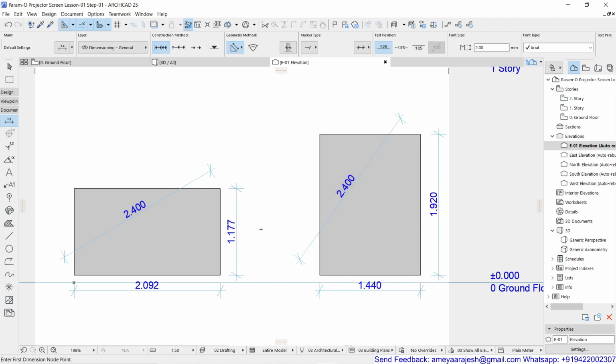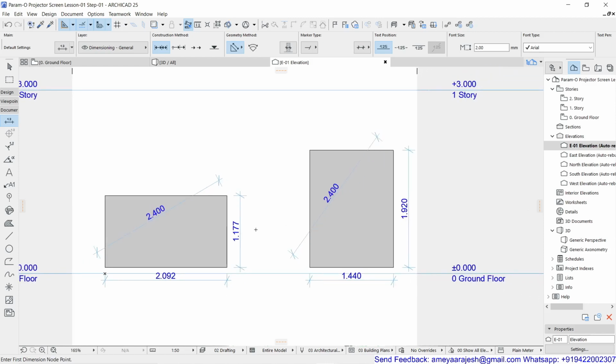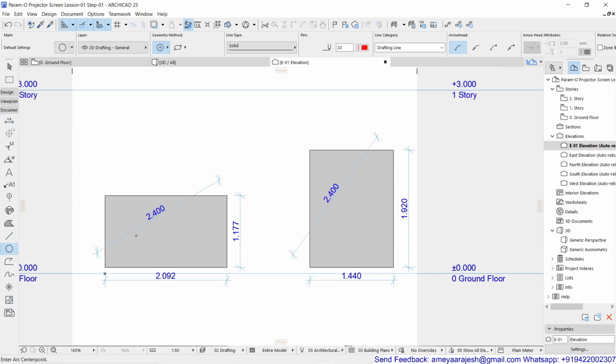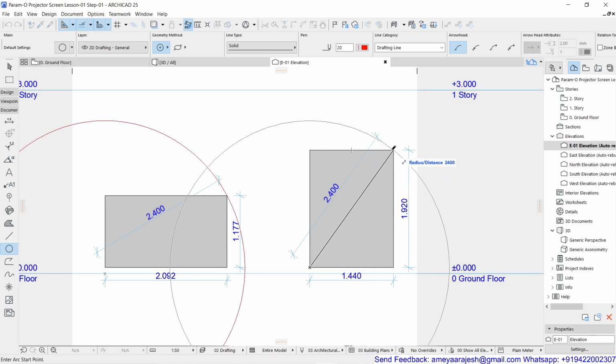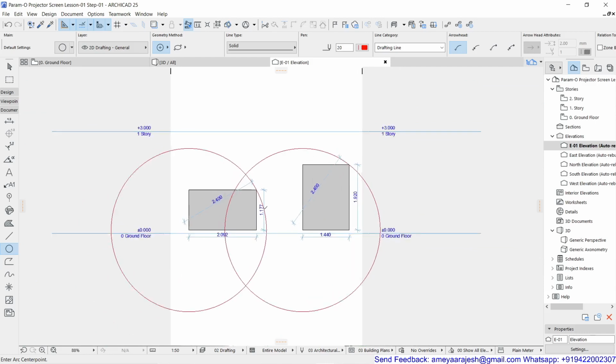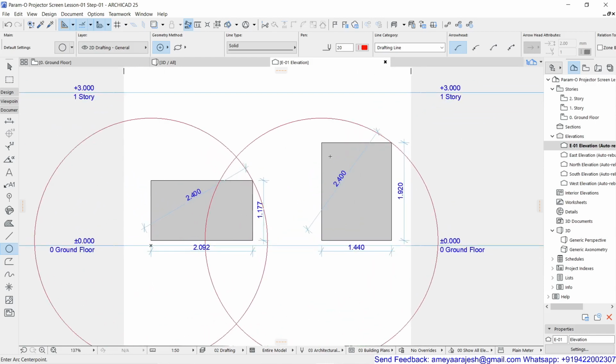Okay, so that's very interesting. Of course, you can place the radius also if you want. See, this is what I'm talking about. Both the radii are the same, but look at the end product which you have achieved for the screen.